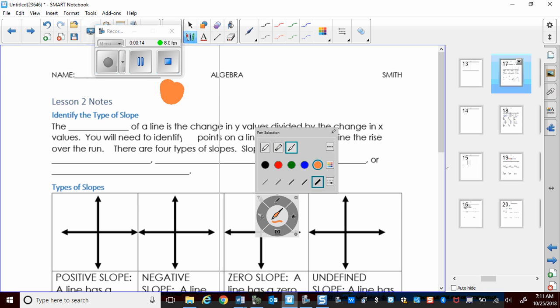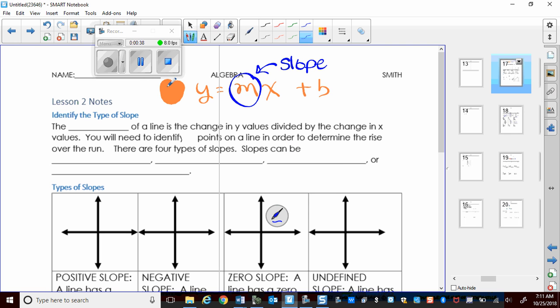Here, my slope-intercept equation, that's a huge line. We don't want that one. My slope-intercept equation is y equals m times x plus b. And you can imagine that your slope is in this equation. This is the slope. Okay? Now, the first thing we're going to do today is to identify the types of slopes on